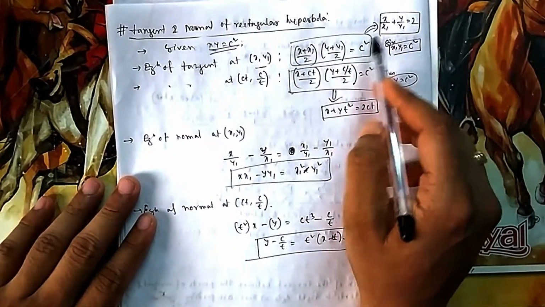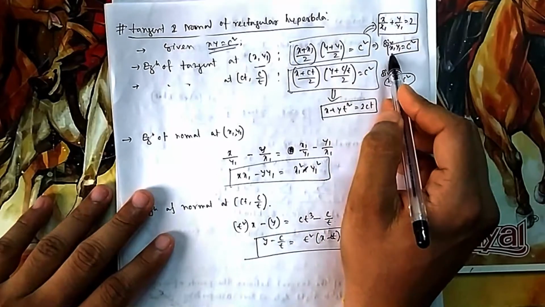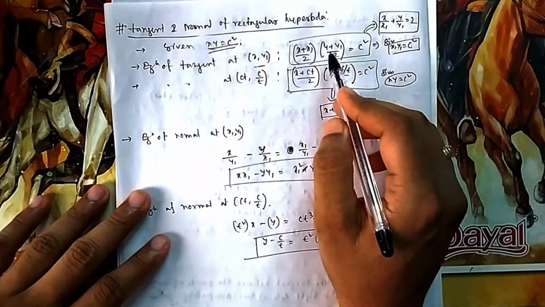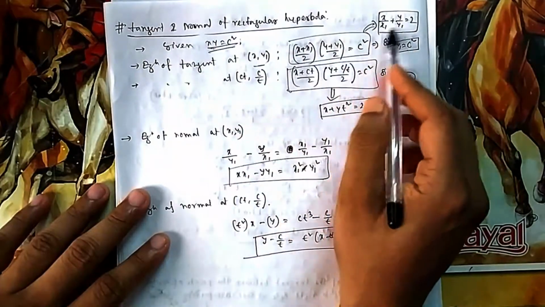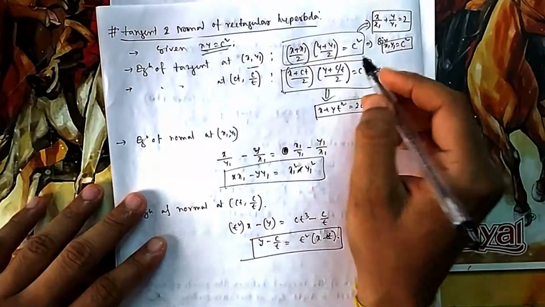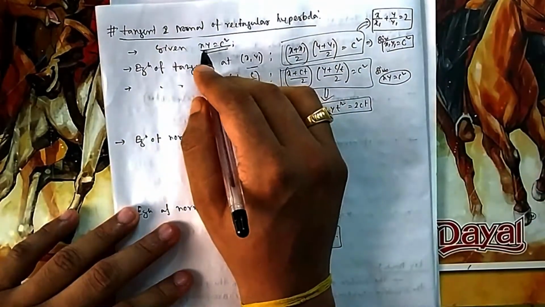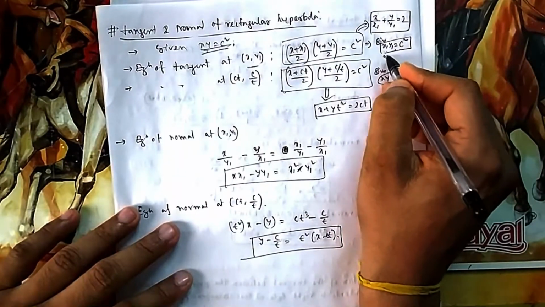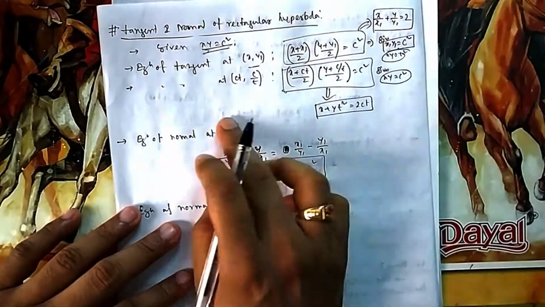In some books they have given it in this form. But you can also find it out. Here you have to use this concept: x1, y1 is a point on xy equal to c square. You have to use all these things, then you will find this one. Otherwise you can remember this one, that is okay. But while solving you also have to remember, because this is a point, x1 y1 will also satisfy c square, xy is already given c square. So this condition you have to put here, then you will find it.